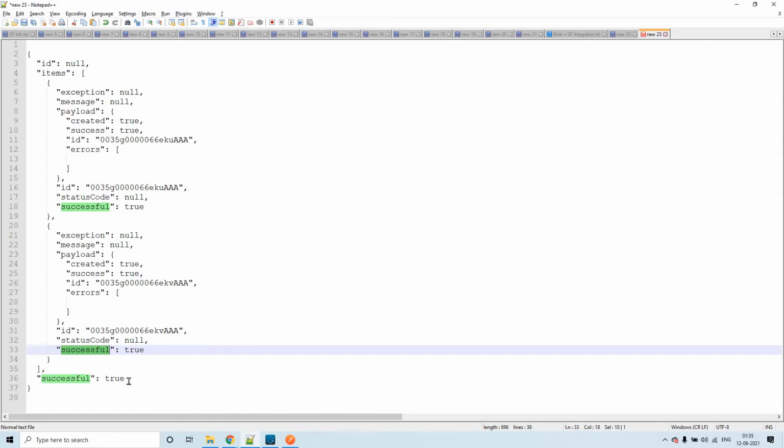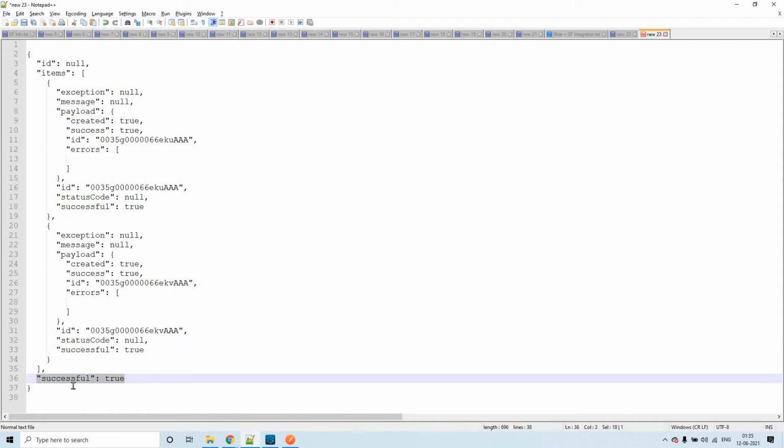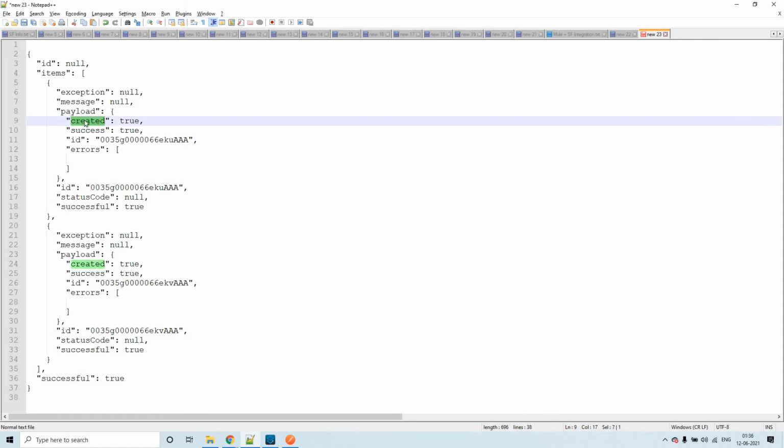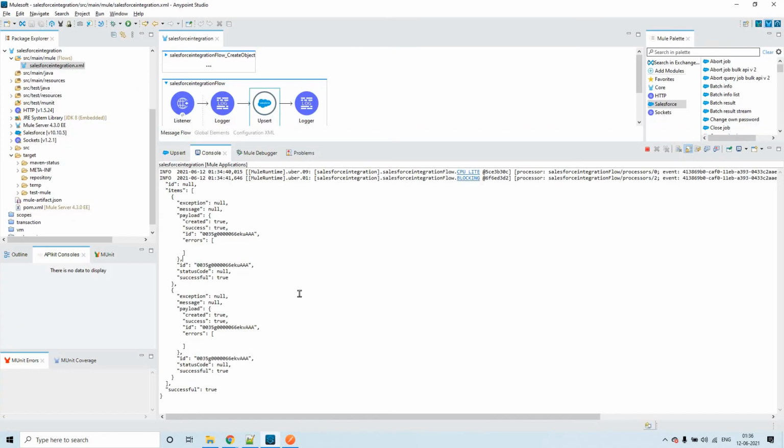But at a high level, this is what matters: there is a field called created, and it is true, and this one is also true. That means these two records got created newly in Salesforce. Upsert can do update plus insert. This time, as the emails are new emails, it has created both the objects in the Salesforce Contacts object.